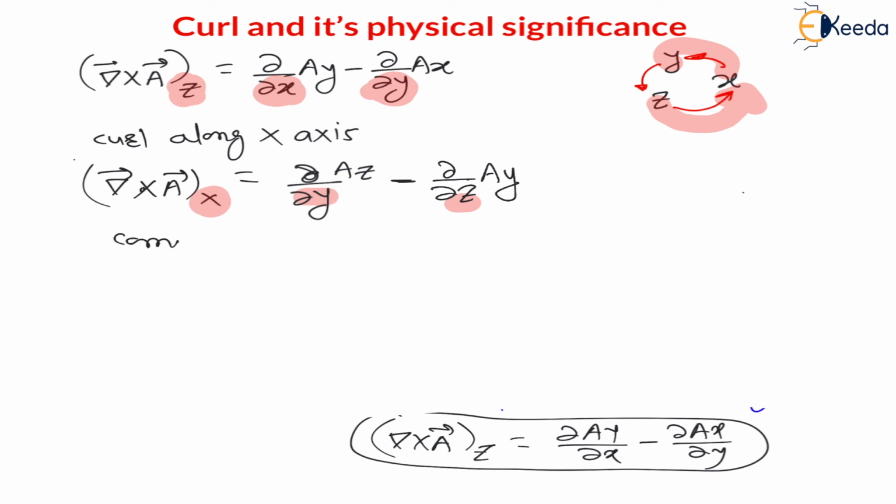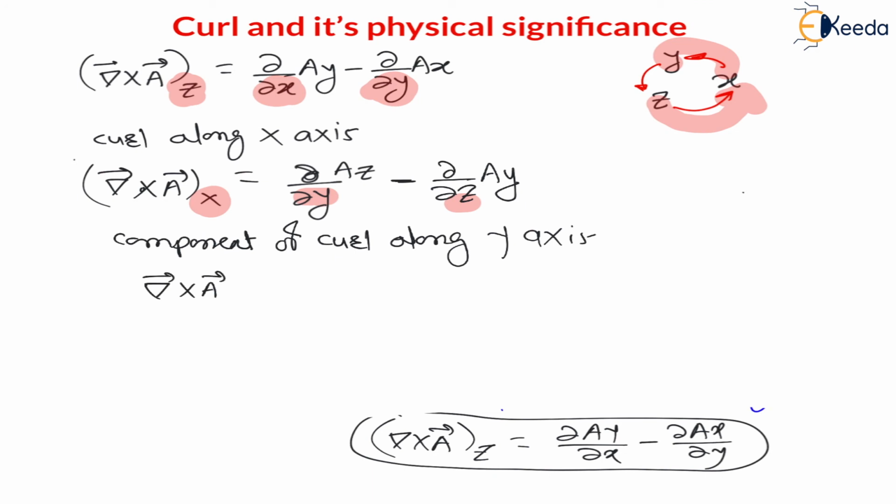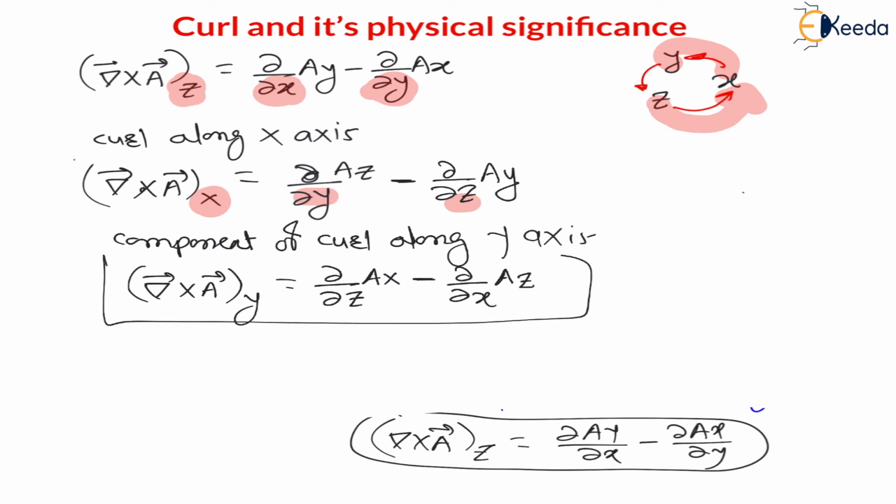Similarly, the component of curl along y-axis. If I am writing along y-axis, del cross A along y-axis will be equal to, as it is y, after y there will be z, dou z of ax, but it is ax, component will be different, dou x of az. Right, with z x component and with x z component, the sequence is y z x. Likewise the sequence always you have to maintain, right? Let me check whether I have written correctly. Yes, absolutely, we have written it correctly.